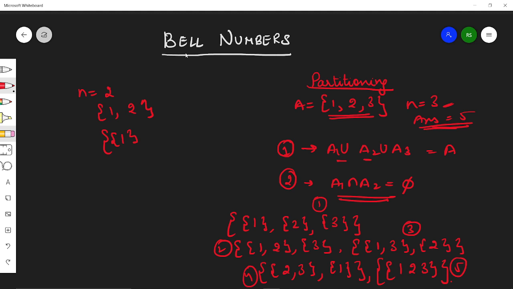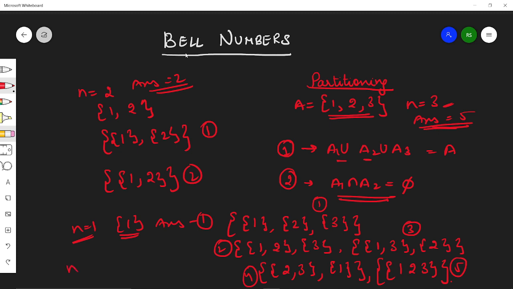I can separate both of these or I can combine both of these. So there are basically two options, and when n is 2, the answer is 2. What if n is 1? When n is 1, we have only one way of partitioning it, so the answer is 1. And what if n is 0? Then there is always the empty partition, so the answer is 1. Basically, it's just intuitive.